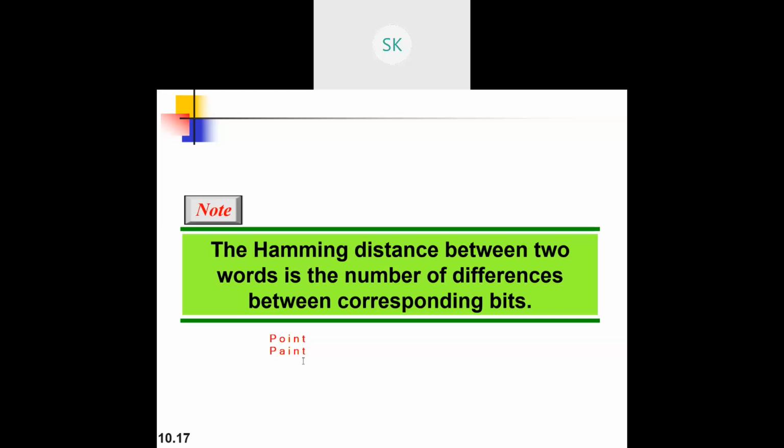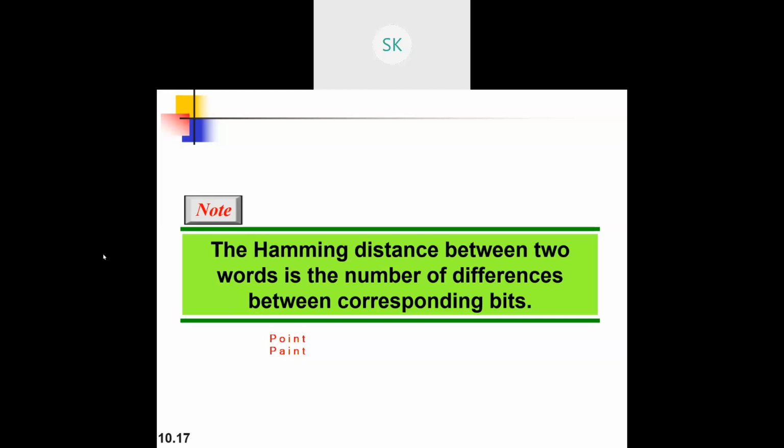Two words have been written here. Are you able to view it? Is it visible to all of you? Point and paint are the two words I have taken. In this, how many letters have changed, that becomes your Hamming distance.